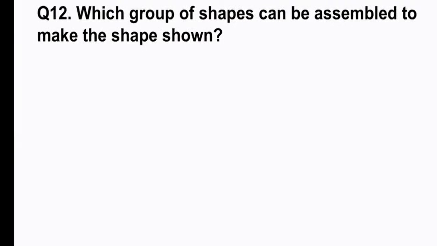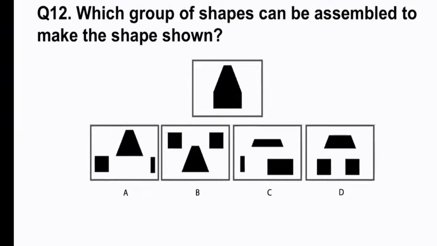Question 12, which group of shapes can be assembled to make the shape shown? So we can see that's the shape shown at the top. There's a flat top triangle, and then there's sort of a rectangle below. So could it be... well, that shape at the top, the flat top triangle, looks okay. That's the same, but below, if we form these together, it wouldn't reach or make that triangle all the way across to the left. I can probably eliminate C and D because that flat top triangle is nothing like those.